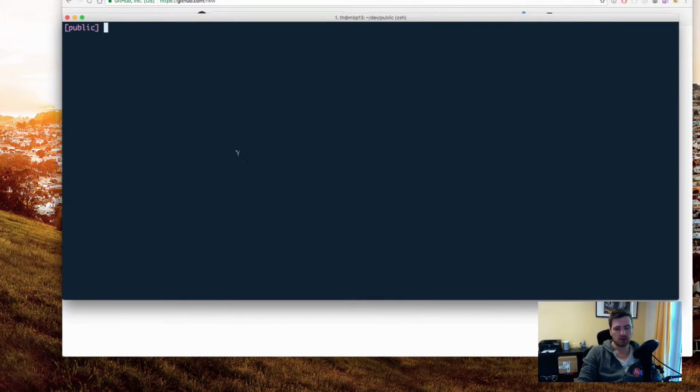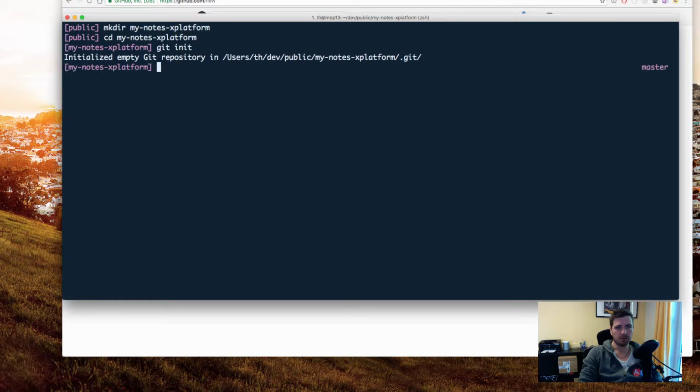First we will create a new directory and we call it my nodes X platform, and do a quick git init, and let's create some files like the gitignore file and the readme.md and the